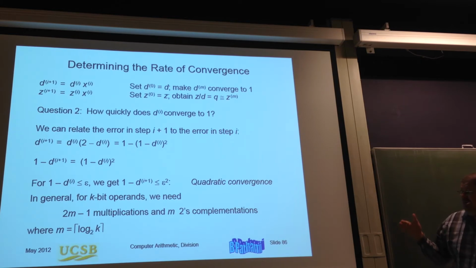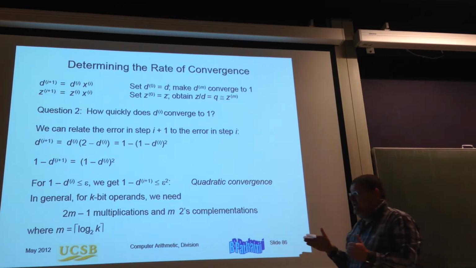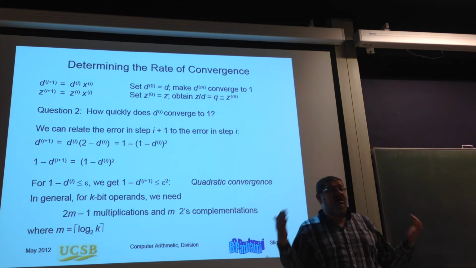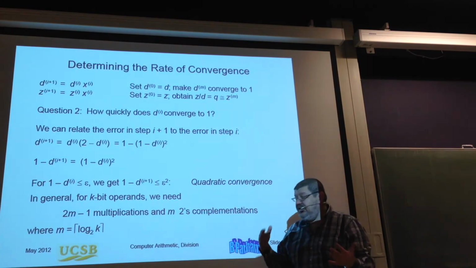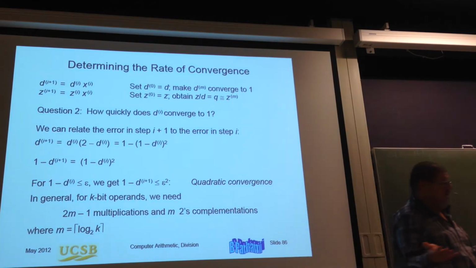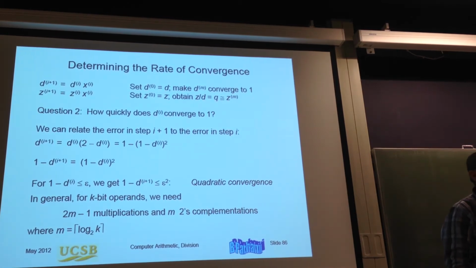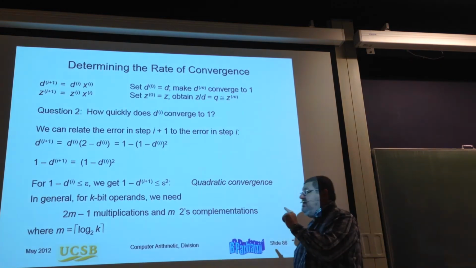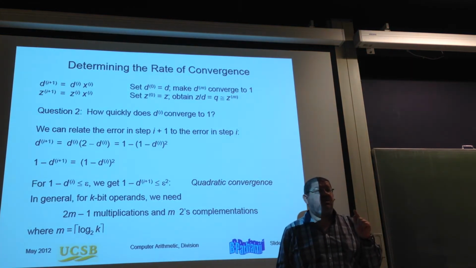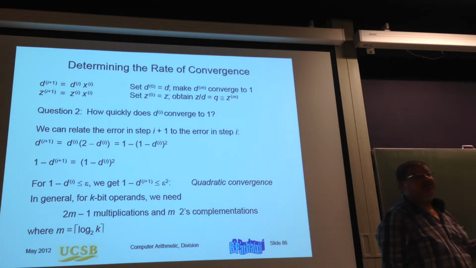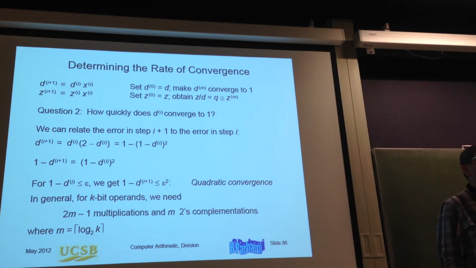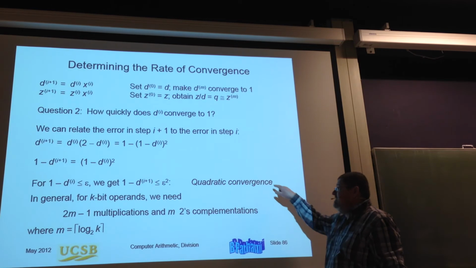Which means that now, in order to arrive at the solution, I do not need k iterations, but I will need logarithm of k. Now, this is beautiful from one point of view, but if I really want to see what I get, I have to see how much time it will take me to complete a multiplication. If the multiplication is fast, then I will have a fast result. If the multiplication is slow, I may end up not having such a beautiful result. But it is important that I have